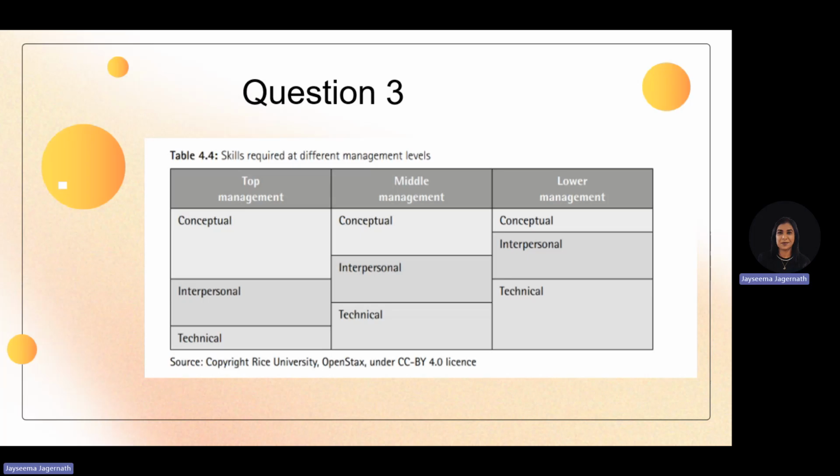Interpersonal skills are needed within a reasonable amount at top management, but majority at middle management and about the same with lower. And then technical skills is needed very little with top, a little bit with middle management, but most with lower management. So dominant skills with top management is conceptual, dominant skill with middle management is interpersonal, and dominant skill with lower management is technical. Okay, because they do the actual work on the floor. Middle management provides that interpersonal role between top management and lower management, and top management sets the goals for the